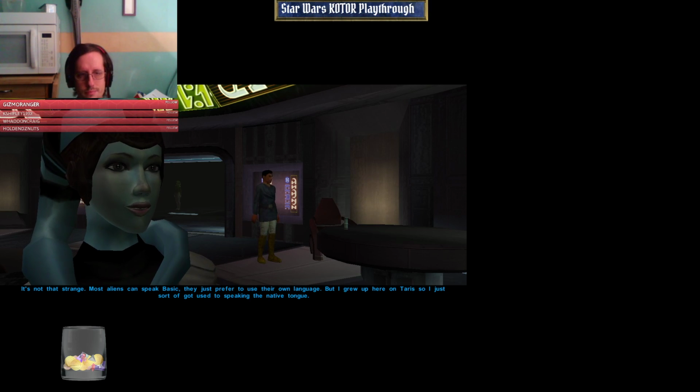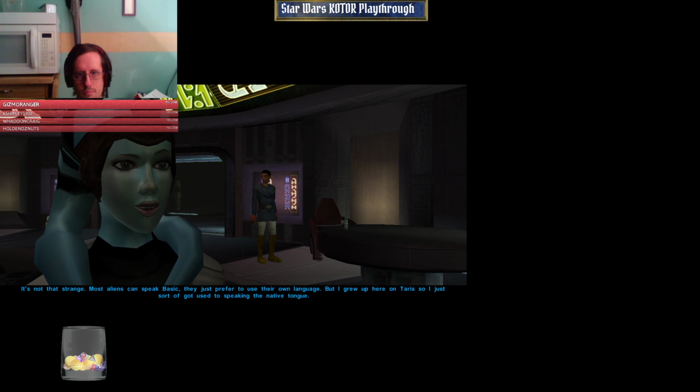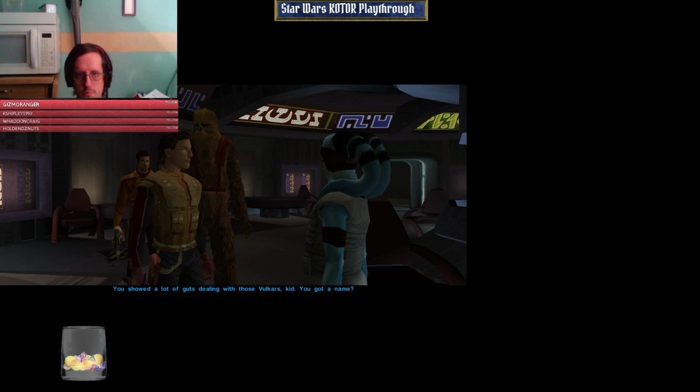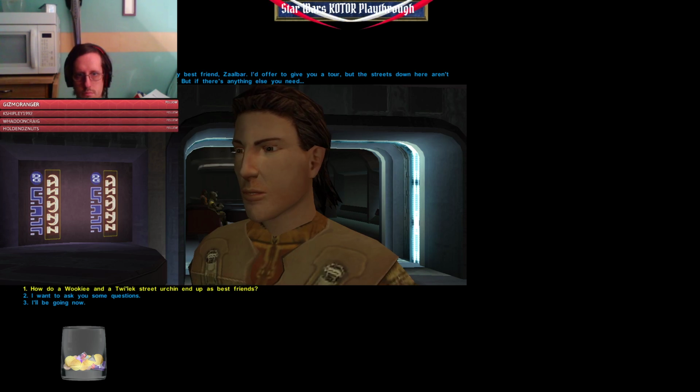It's not that strange. Most aliens can speak basic, they just prefer to use their own language. But I grew up here on Terra, so I just sort of got used to speaking the native tongue. You showed a lot of guts dealing with those Vulkars, kid. You got a name? My name's Mission Veo, and this big Wookiee is my best friend Zalbar. I'd offer to give you a tour, but the streets down here aren't safe. But if there's anything else you need...